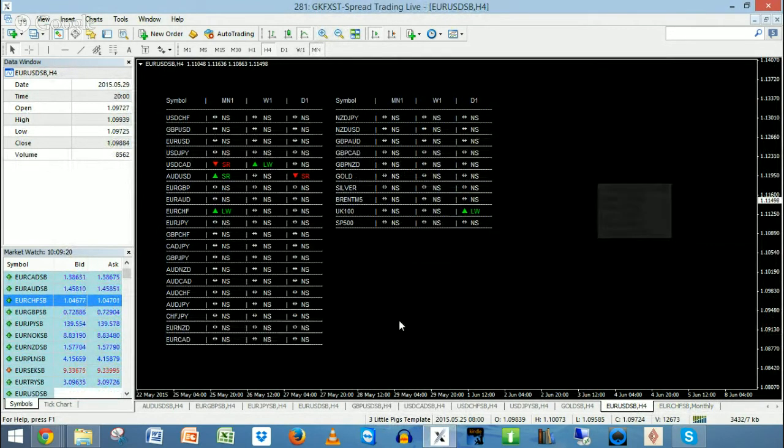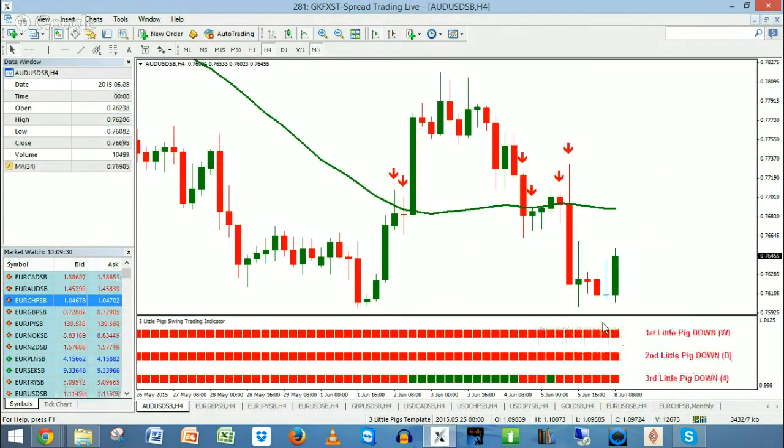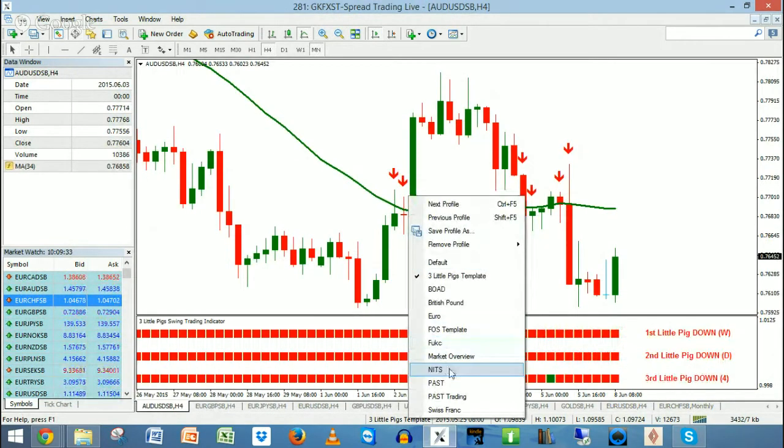But yeah, this indicator is basically just a template. You put it on, you can refresh it whenever you want, and it will show you the potential reversal signals in the market on the higher time frames. And onto no indicators,